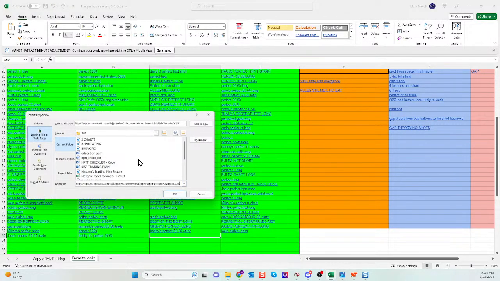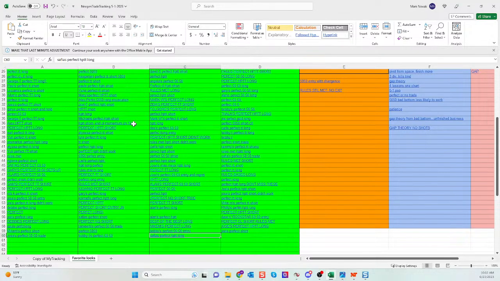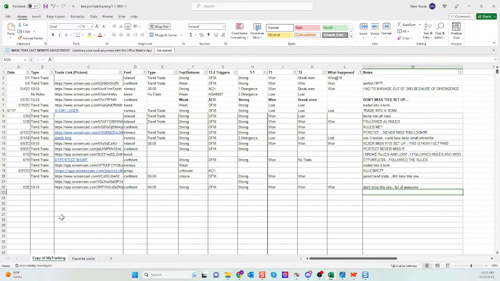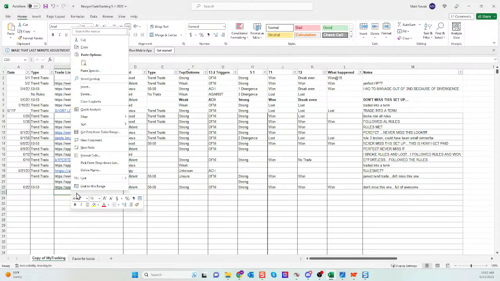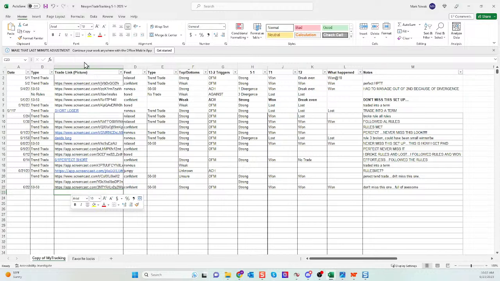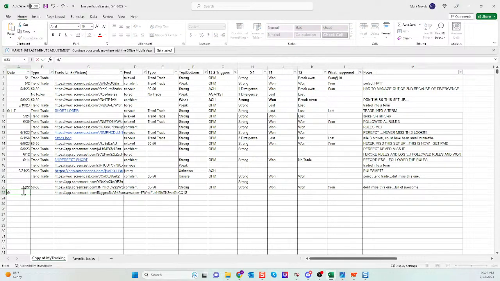So I'm going to put it in my spreadsheet. And I'm going to call this Safia's perfect high probability trend trade long. And I'm going to study this trade, right? It finally made sense. It always does, Safia. And I'm going to take that same trade and paste it into my first page, right? I'm going to pretend like I took it. If I'm Safia, this is my job. I took it and it's a trend trade.